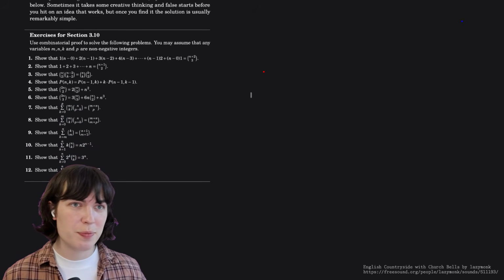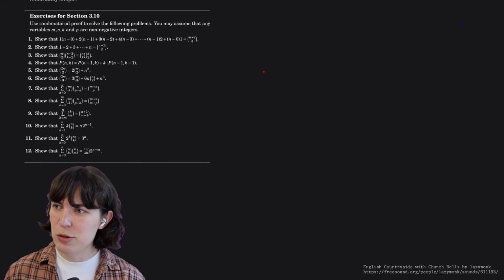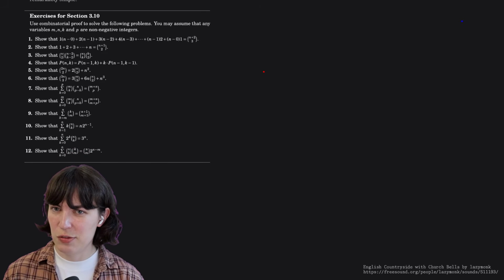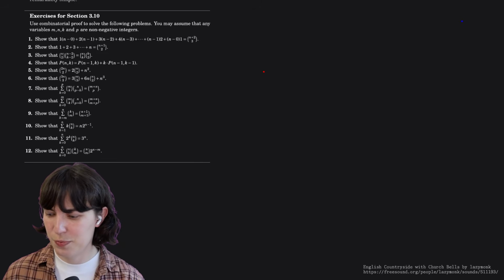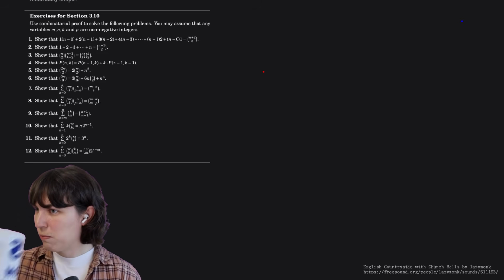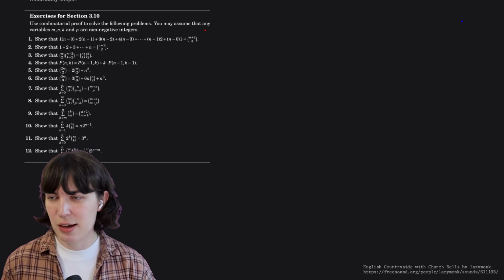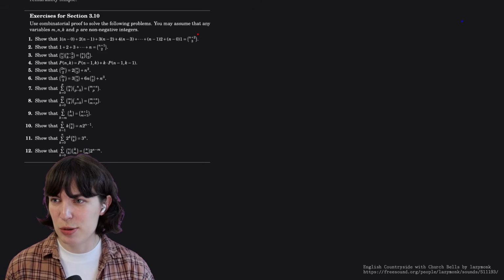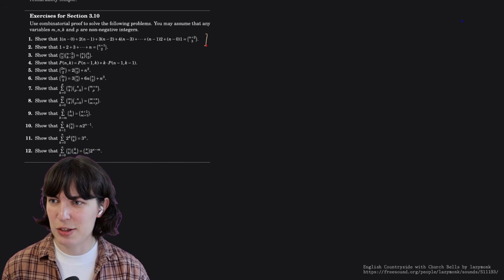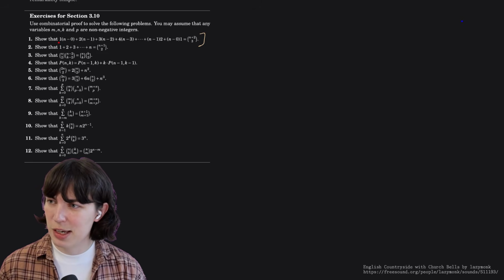What do we got here? Use combinatorial proof to solve the following problems. You may assume that any variables m, n, k, and p are non-negative integers. Okay. Show that... These are just going to be... I know I'm not going to do all of these. I'll be able to do some, let's hope. I'm hoping for some. Okay, so show that